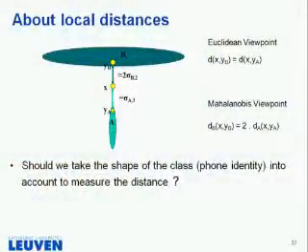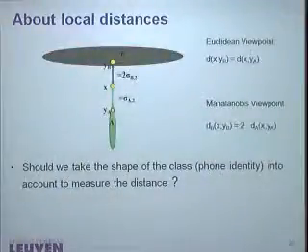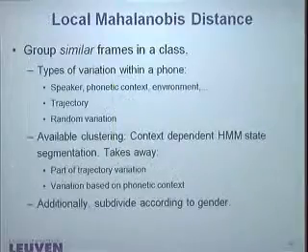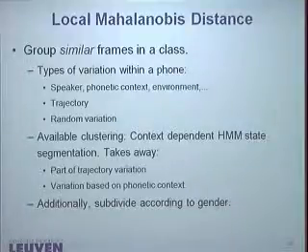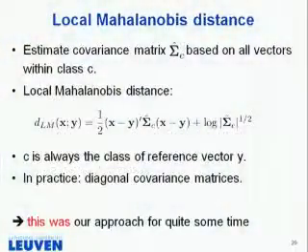So where should we use this Mahalanobis distance? Should we use the sigmas of the classes? Should we take this into account or not? We've looked at it in many ways. So we have this local Mahalanobis distance where we take the C inverse. Okay, there should be a -1 there. This has been our standard approach for a long time, and many years back I even claimed that this made a huge difference. But now I say at the bottom, this was our approach, because we're not using this anymore.